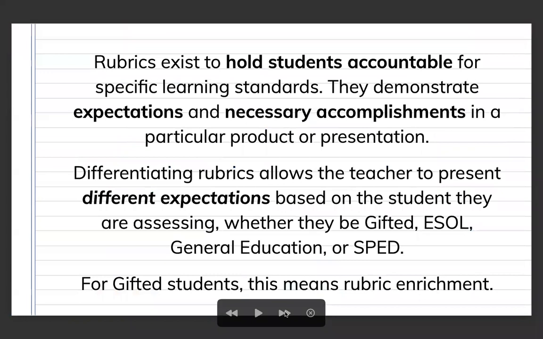In general, rubrics exist to hold students accountable for specific learning standards. They demonstrate expectations and necessary accomplishments in a particular product or presentation. Differentiating rubrics allows the teacher to present different expectations based on the student. They are assessing whether the student be gifted, English language learner, general education, or SPED. And for gifted students, more specifically, this means rubric enrichment. So this means taking into consideration that specific student's gifts and talents and applying it to the methods we're using